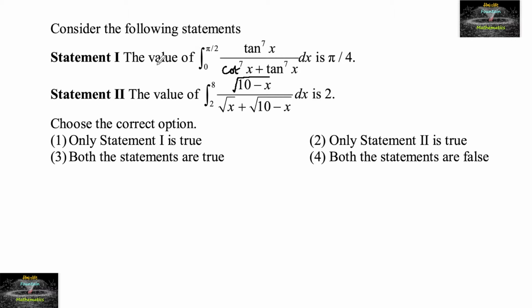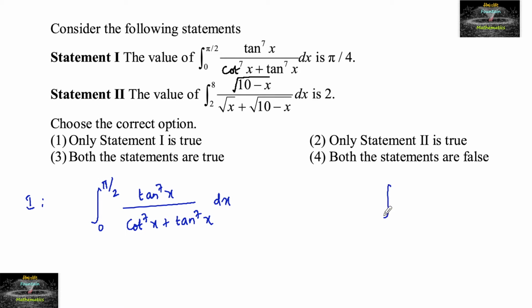Consider the following statements. Statement 1: the value of the integral from 0 to pi by 2 of tan^7 x upon cot^7 x plus tan^7 x dx. And we know the property,